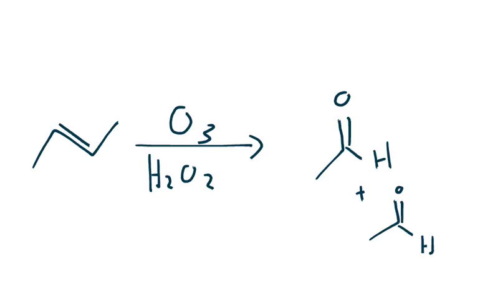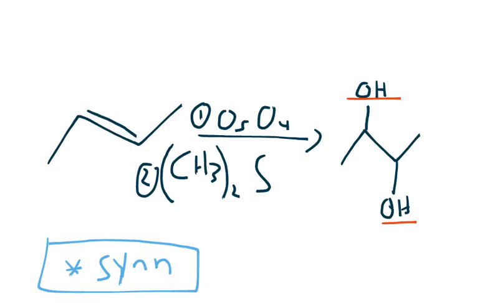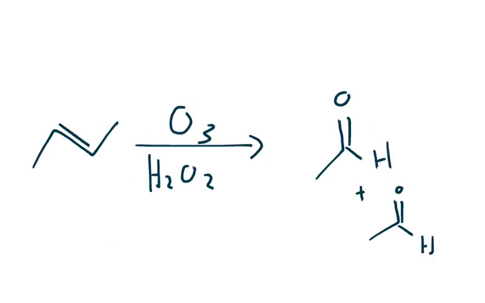And so the final reaction we'll talk about for our last alkene reaction, the last reaction was not an osmylation reaction. This reaction works the same way, but it's not called osmylation. The O3 reaction is called ozonolysis, and that is O3 in the presence of H2O2, and this is a very important reaction because it actually can break a double bond, so it can break an alkene, and what it does is it breaks where the alkene is, and so kind of makes a cut in your alkene like that,